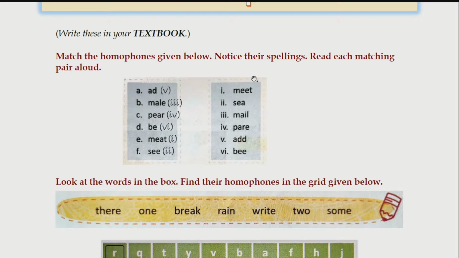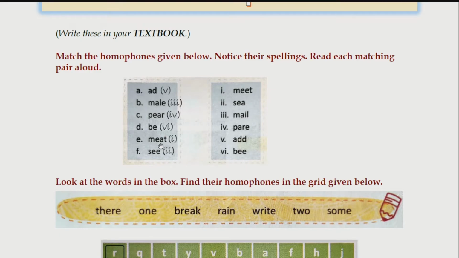If you did not understand this example, let me give you another one. You must have seen florists, people who sell flowers. When they arrange flowers and leaves together, they trim the edges. That means they cut the edges so that it looks beautiful. The next one is BE, which means hona, to be. This matches with the sixth one, BEE. And you know BEE means madhumakhi, honeybee. Next one is MEAT, meat.